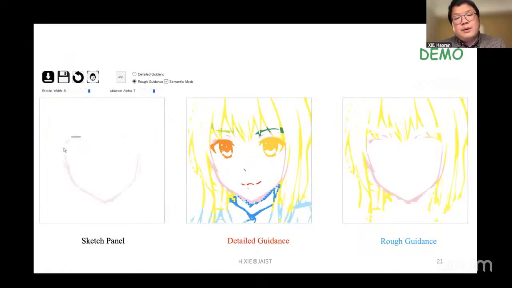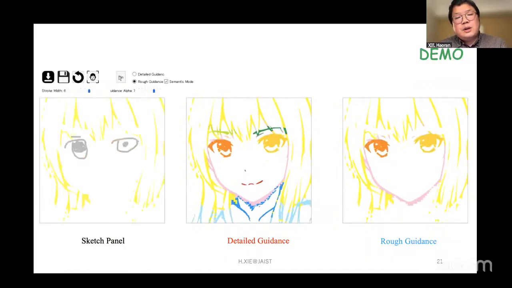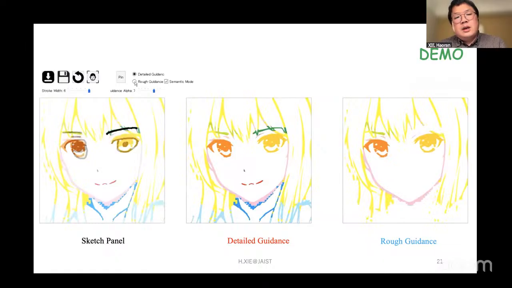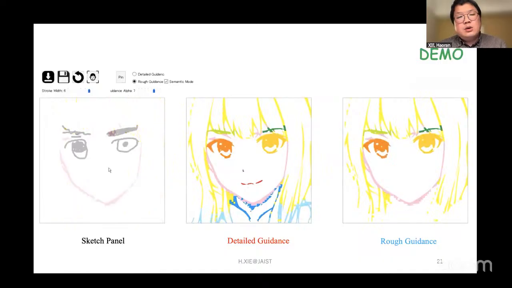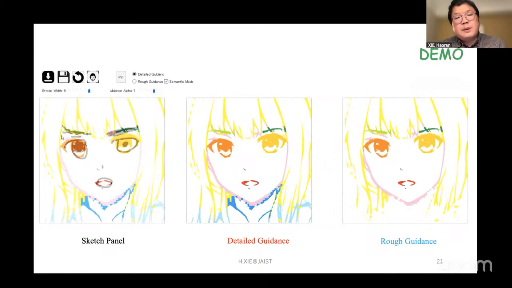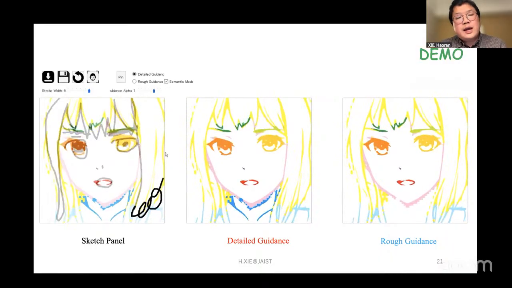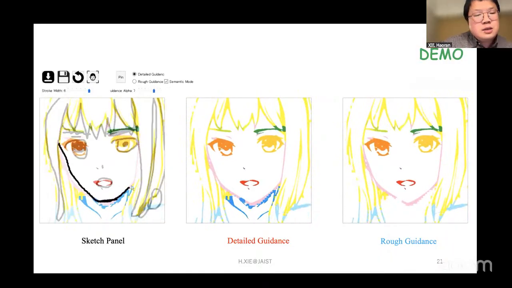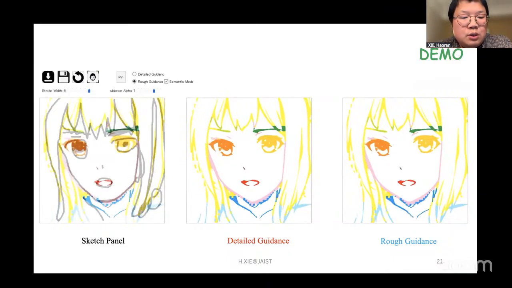There is a user interface where the user can draw some parts, for example the eyes, and then we can generate the whole face. The user can verify the result, then give some guidance as the background. We call it user guidance, like a shadow. This is shadow guidance, so in this sense it can help the user to draw.